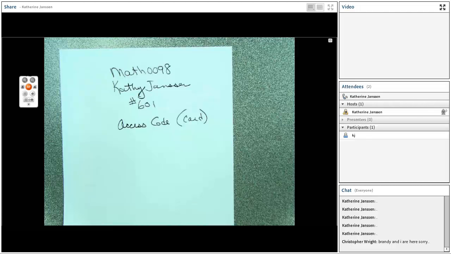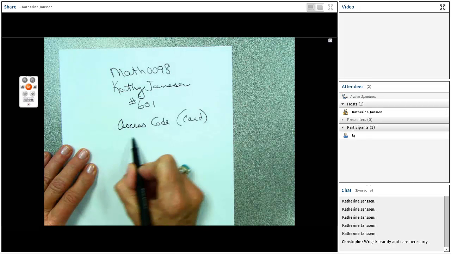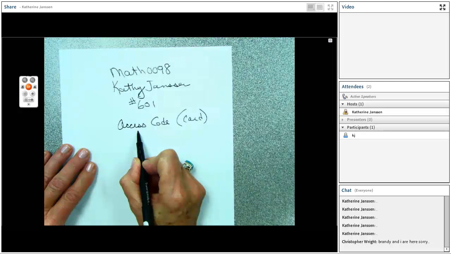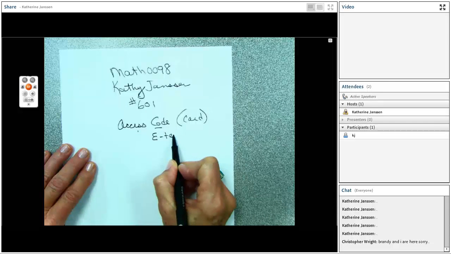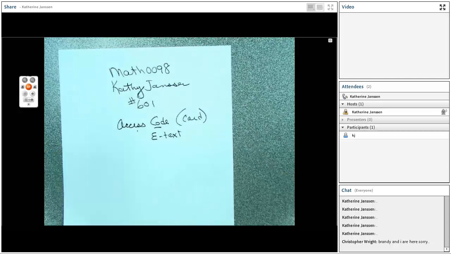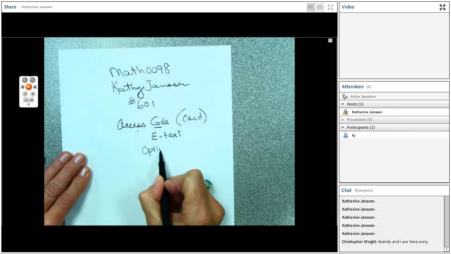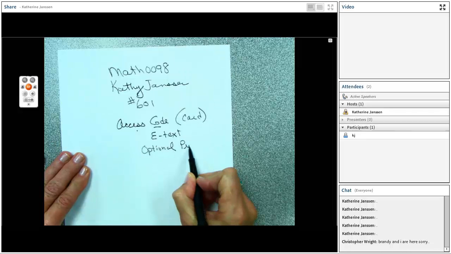That access code gives you security to establish your account at MyMathLab. It has an e-text, which is a digital textbook. You can search, retrieve, go to any page, read and look at problems. It's the full textbook, but the electronic version. Optionally, you can purchase the printed textbook.